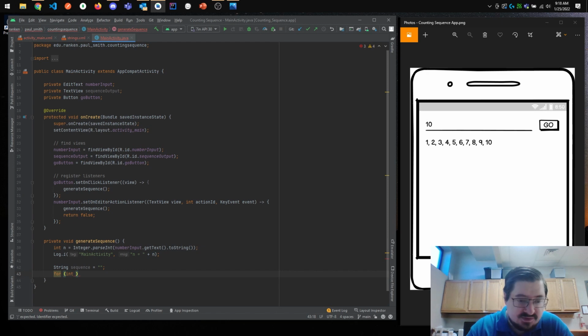So I'm going to start with int i. We're going to start at 1 because we're counting from 1 to whatever number they entered. So i is less than or equal to n because we do want to go up to and including n, and plus plus i. All right, so loop through from 1 to n, and for each number that we go through,